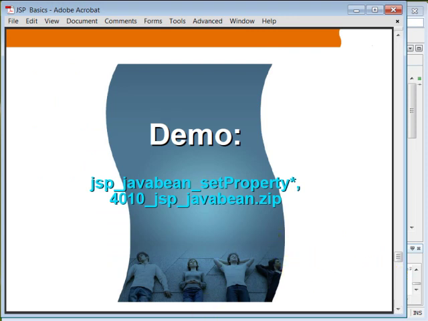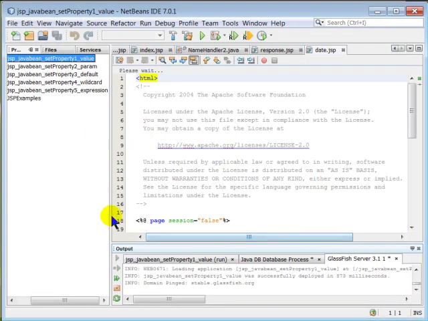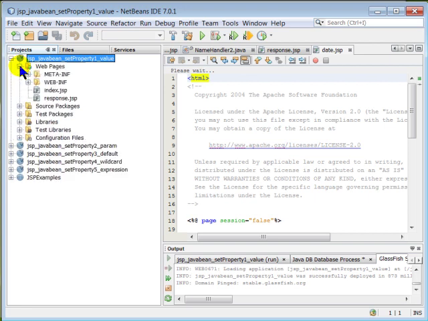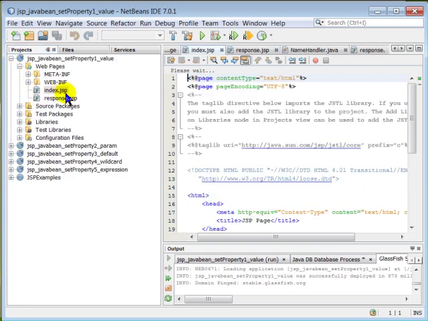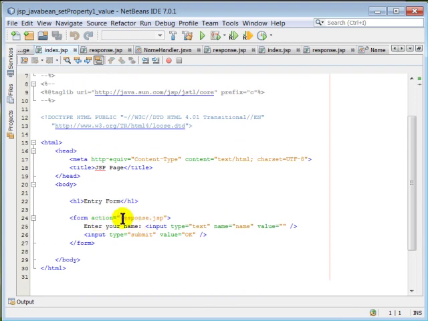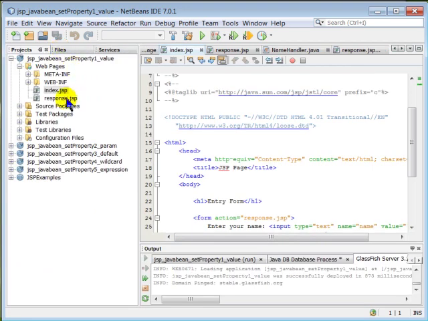Okay, so let's do the demo. We have a set of applications. Here is an example of using value to set the property. Let's see the index.jsp page. It's very simple code. This is a form, and when this form is submitted, the response.jsp page will be displayed. Here we have an input field of type text and name, and then we have a submit. Okay, and the response page